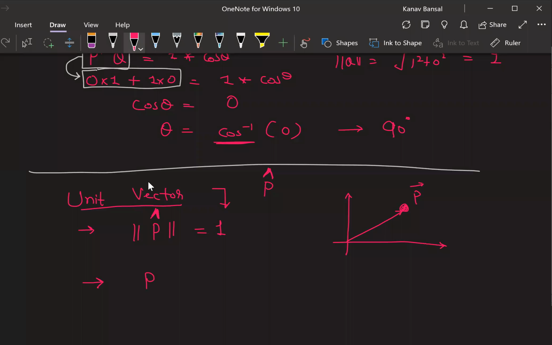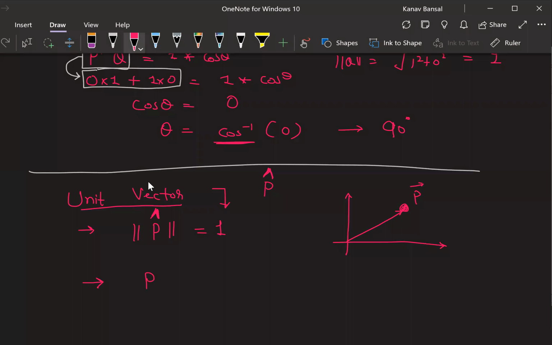So let's take an example. Let's say we have some vector, call it p, and this vector has 3 on this axis and 2 on this axis. So 3 comma 2. In simple terms, we have a p vector which looks like this. Mathematically, we can represent it as a column vector 3 comma 2. And I want to compute the unit vector for p, which is the p vector divided by the length of the p vector.